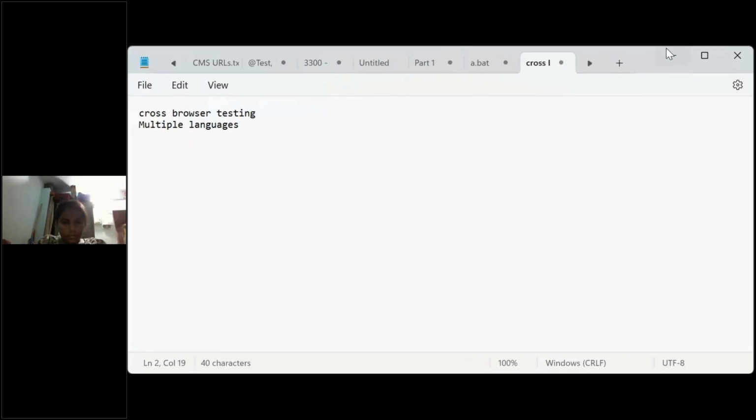And also it's very flexible. Flexible is nothing but